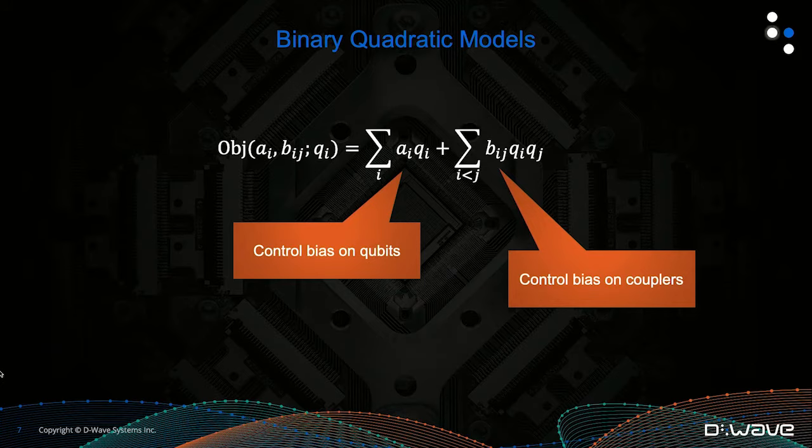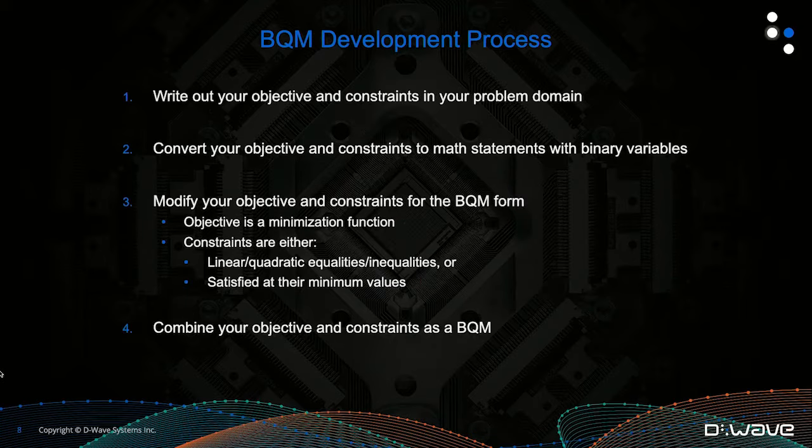Now, how do we take this water flow and consumer demand problem and map it into this pretty simple expression? We've got a few steps that can really guide you through this when you're just getting started. So the first step, which we'll go through all of these together, is to just write out your objective and any constraints in your problem domain. This is like what you saw in the last slide where I said, our objective, we want to minimize cost. An objective is really something that you're looking to minimize or maximize. And then any constraints that you have for your problem, like every pump needs to run at least once per day. Those are all constraints that we need to satisfy.